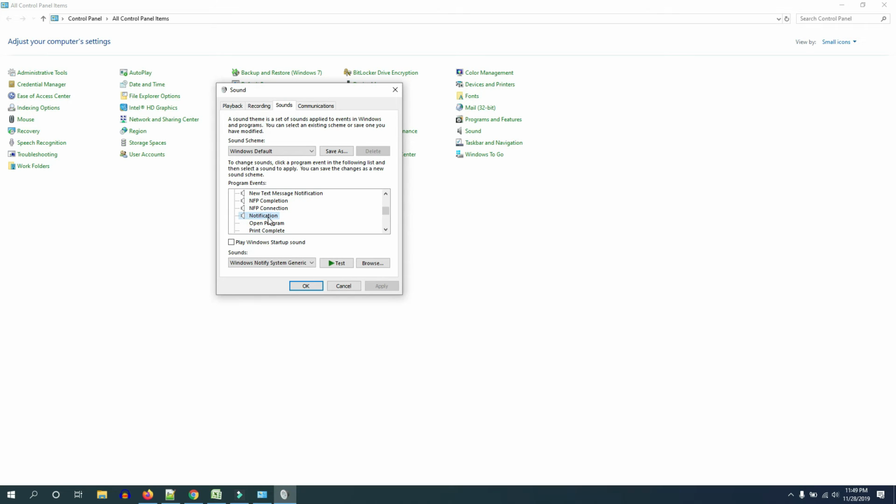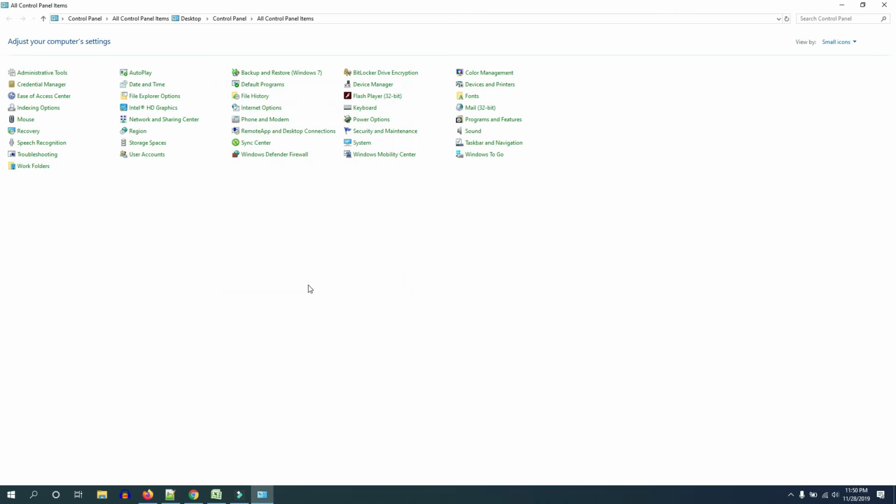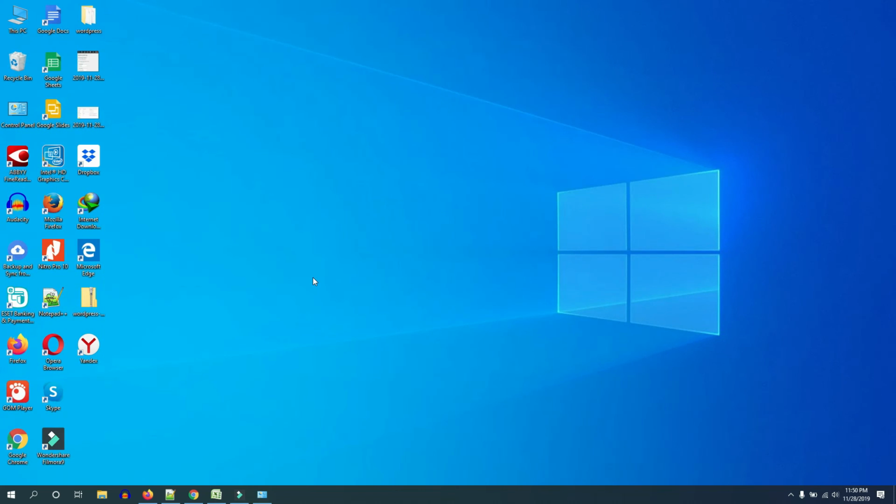Just click on this notification, and after that click on this drop down box, click on no sound and then apply. Okay, this is simple, and now the notification sound of Windows 10 is stopped, and no irritating sound will